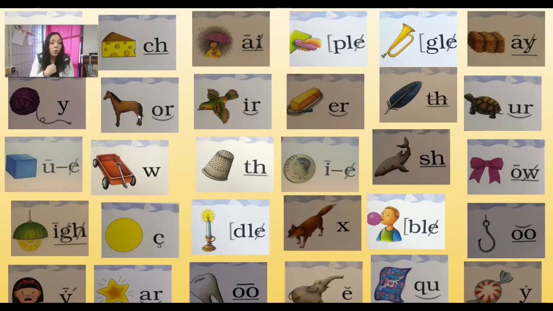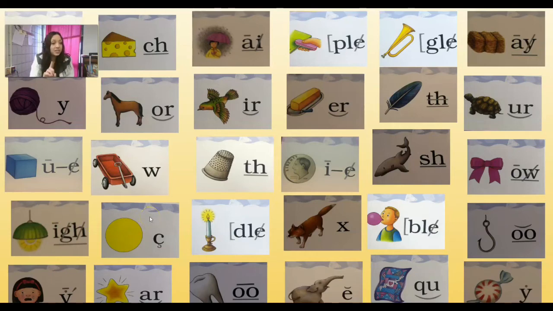Y. Horse, or. Combination OR. Bird, combination IR. Butter, combination ER. Feather, digraph th. Turtle, combination UR. Cube, U consonant E. Wagon, W. Thimble, digraph th. Dime, I consonant E. Shark, sh, digraph sh, very good. Bow, o, digraph ow. Light, I,